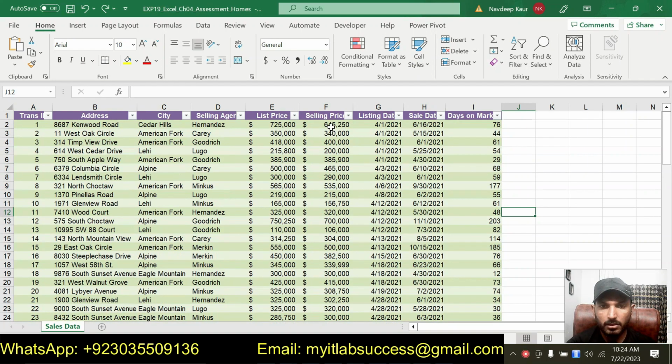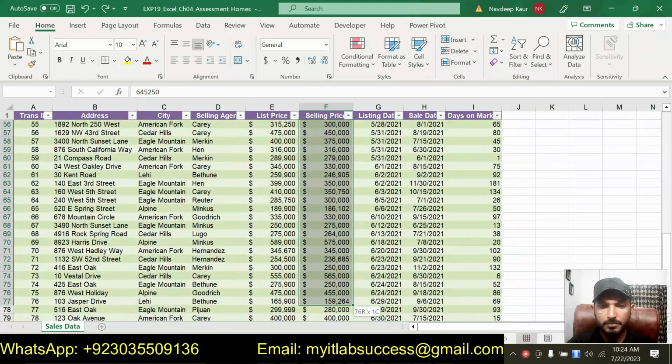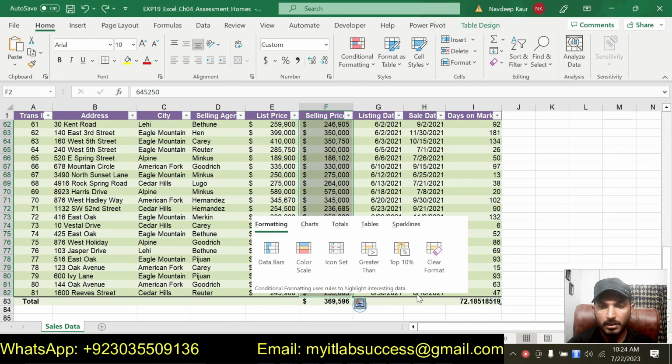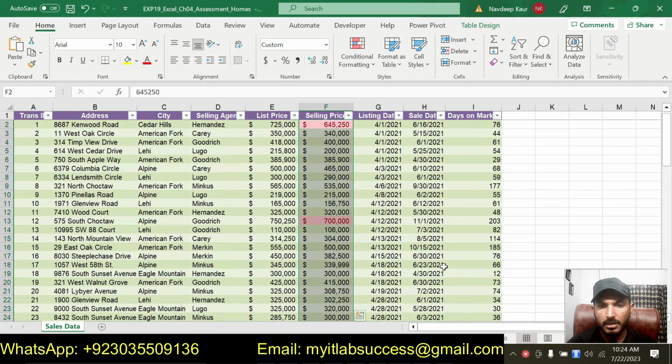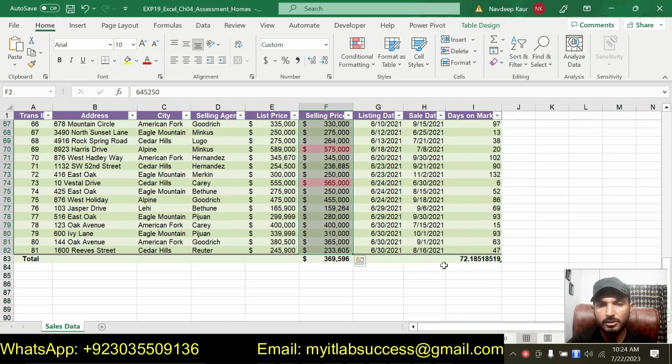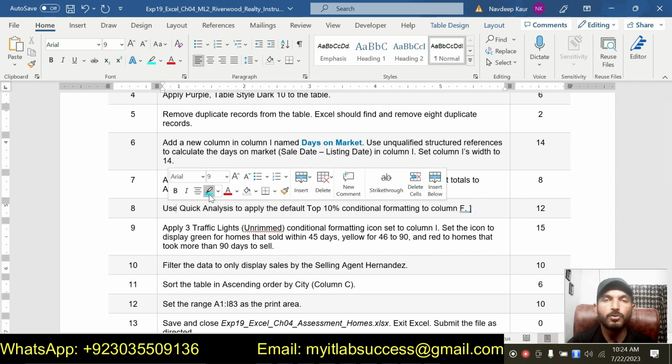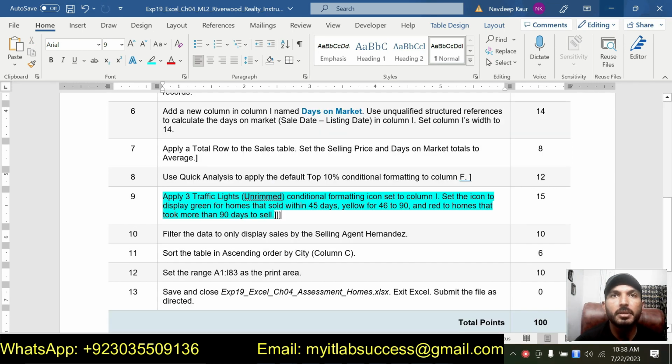So I will only apply to column F now. So this is the column F and top 10%, and you can see that it has selected top 10% in column F. So that is all about step number 8. So we have completed 8 steps so far. So step number 9 is